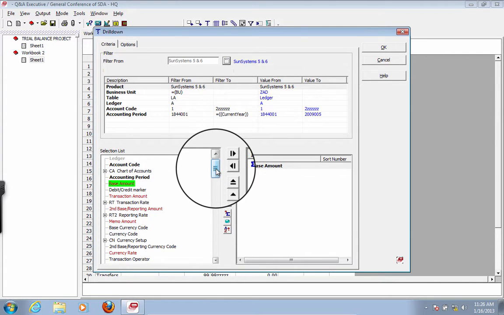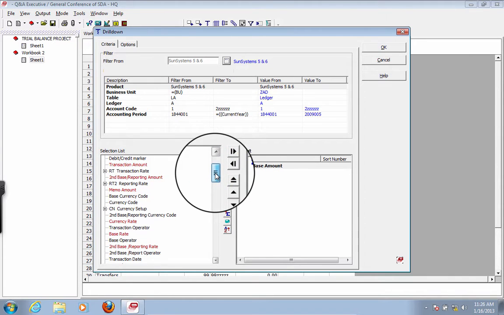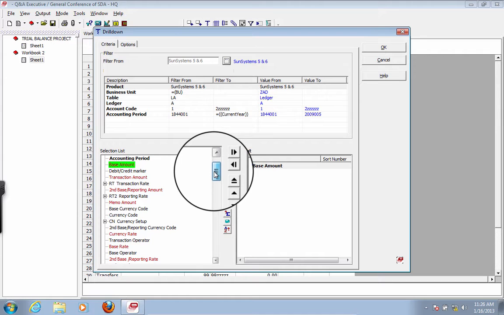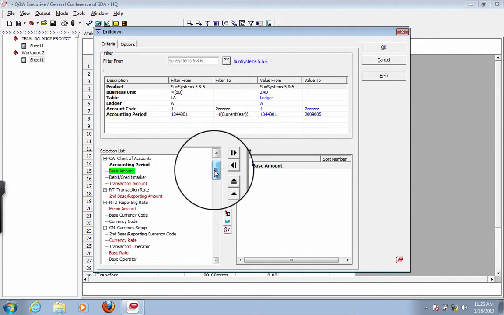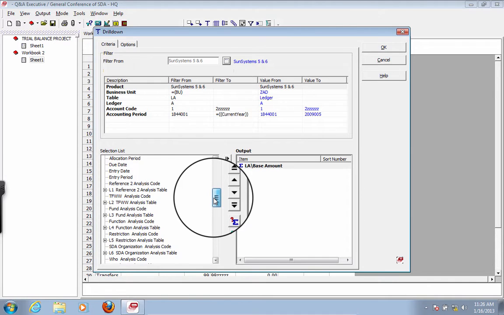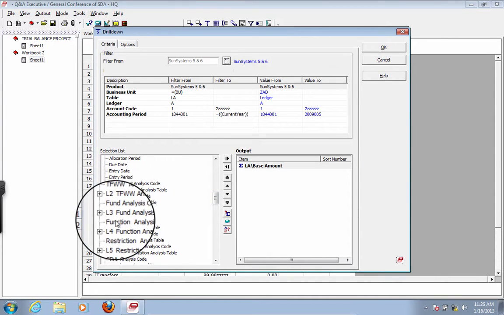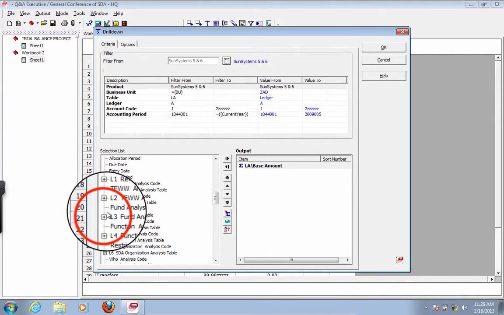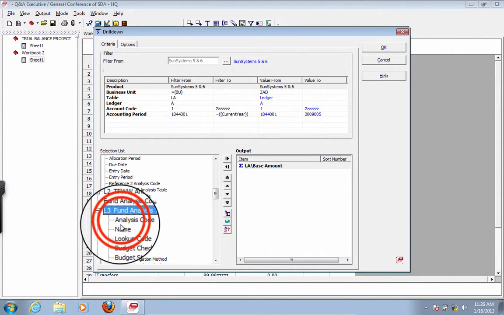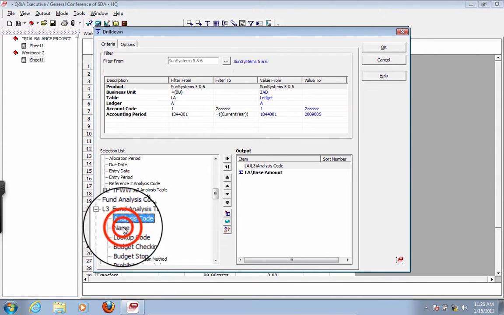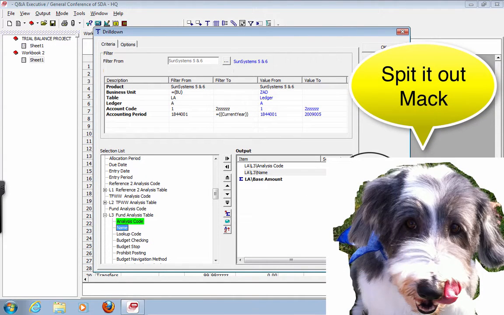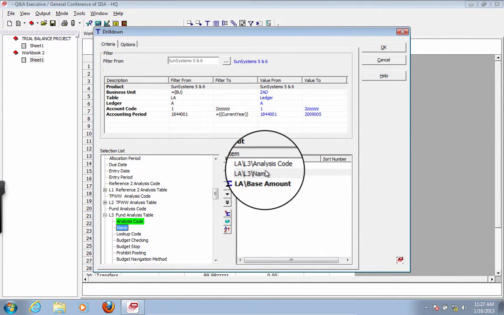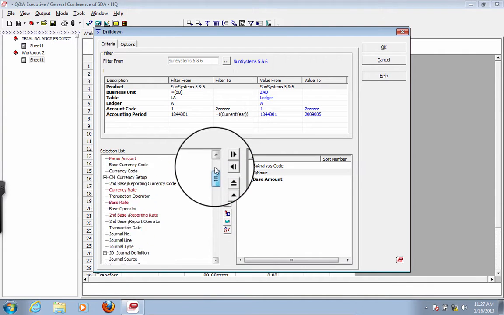In particular, auditors want to be able to get this data over to their case management program, so they will drill down and get the data that they want: fund, function, restriction, and so forth. But since this is a balance sheet account, I want to show what fund owns those balance sheet accounts, and their name. And I would also like to see the account